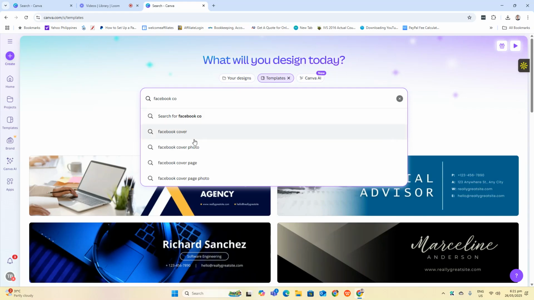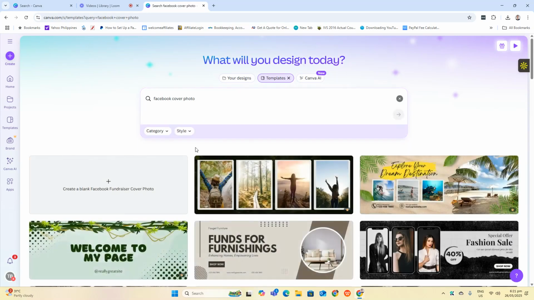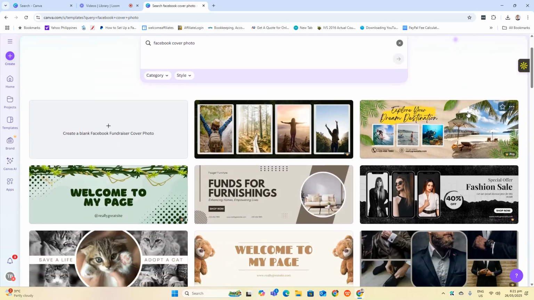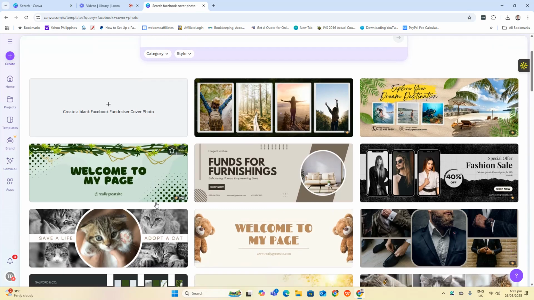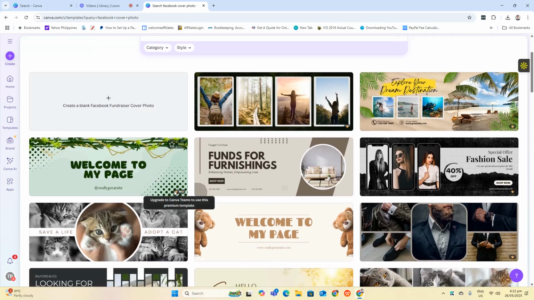cover photo. Okay, so you can see here templates for Facebook cover photo. So you can start with a blank Facebook cover photo or the one with the designs. If you can see here a crown, that means this is for pro.